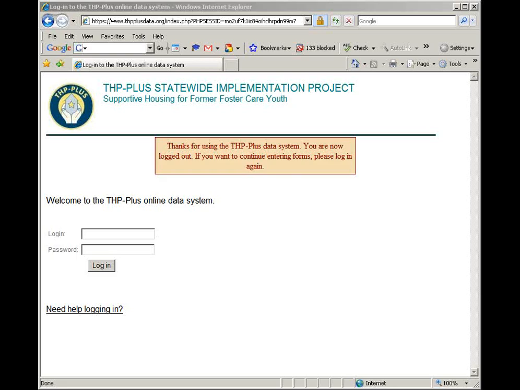Okay, we're now going to talk a little bit about the reporting module, which is going to be available by the end of the year. And as you know, this is going to be rolled out in 2 stages. Right now has been the data collection and data entry stage. And then once we have,